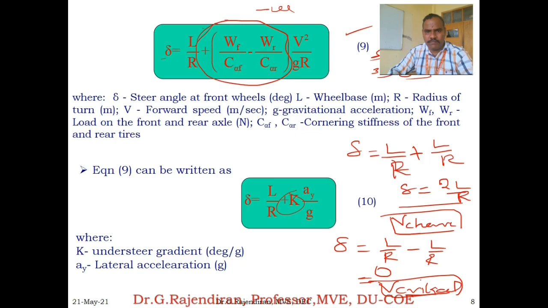And for the oversteered vehicle, the radius of turn is less than that of the neutral steer, so the driver has to adjust the steering away from the turn. And the next behavior is when the vehicle is moving over a straight line, when the side force is acting at the center of gravity. For a neutral steered vehicle, the vehicle will deviate according to how much side force is acting. Clear?